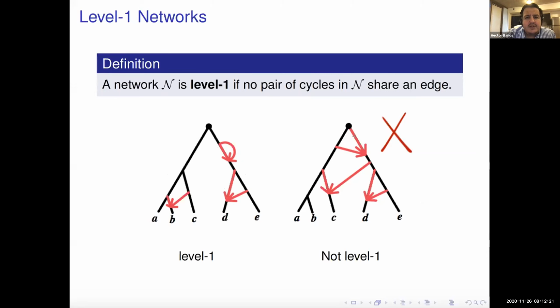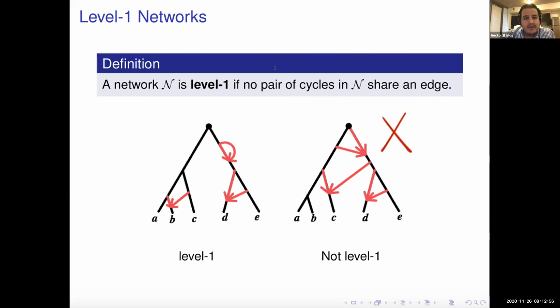The level 1 condition may feel strong, but I don't think it's that strong. And we're also working on going beyond level 1 networks, so that is something that is being worked on. But for now, I'm going to present level 1. The definition of level 1 may not agree with that in the talk of Vincent, but that is just because we're working on binary networks. There's a result of Rosselló and Valiente where those definitions are the same.